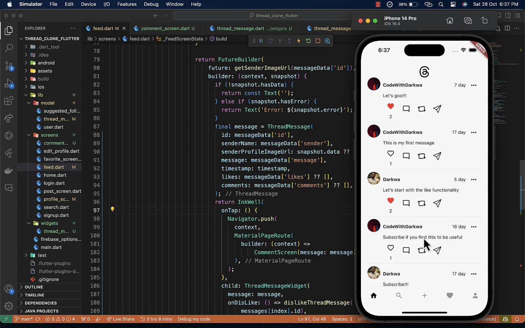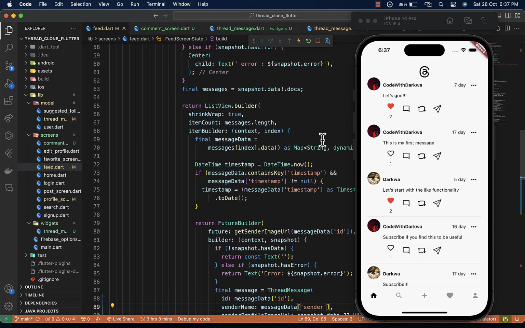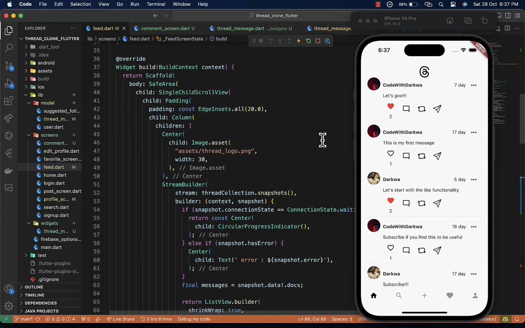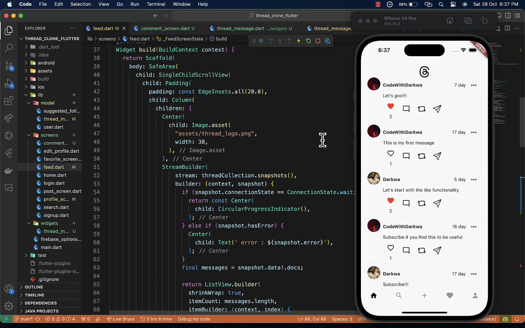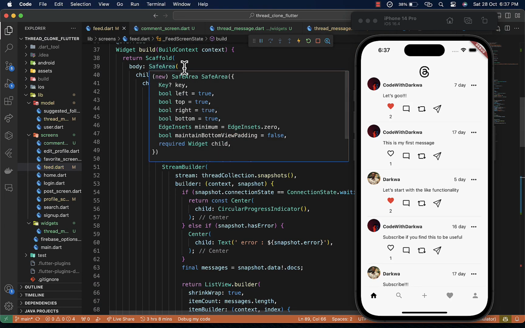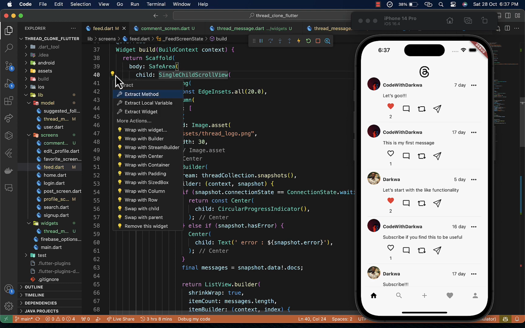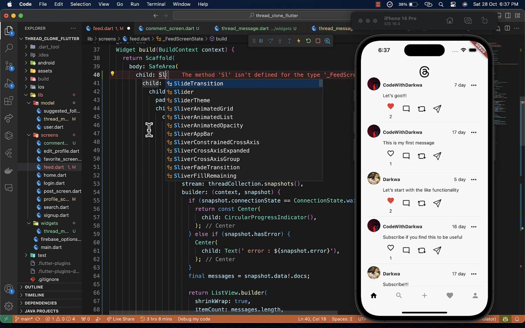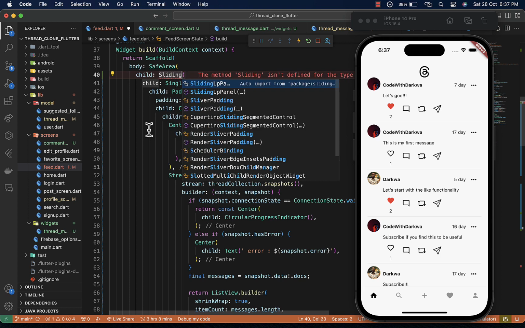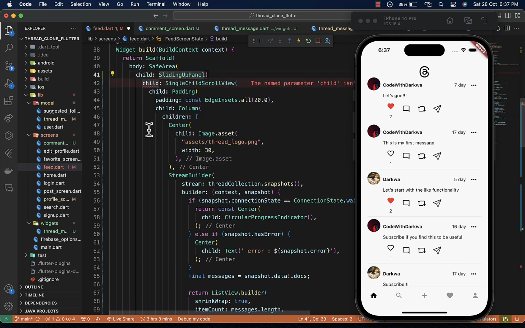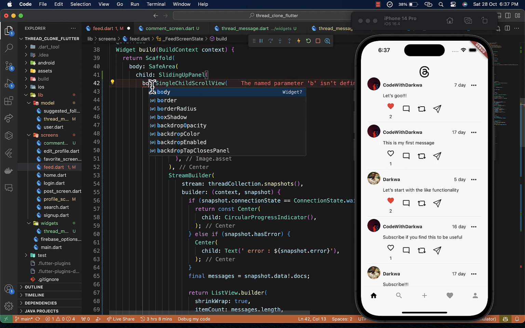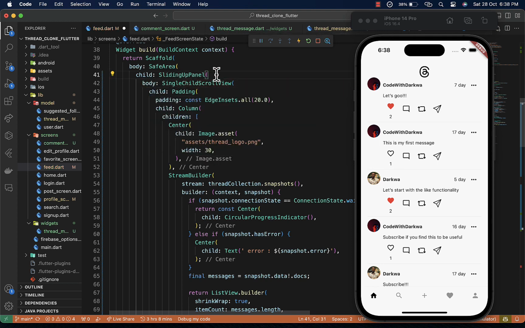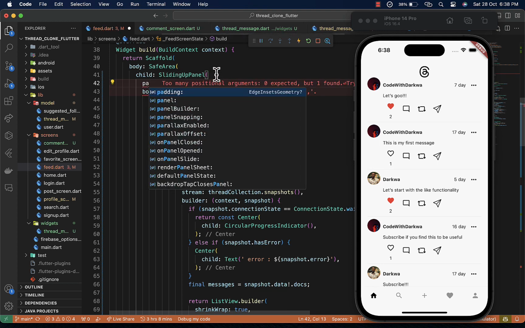So let's add functionality to the comment button. So when that is clicked, it pops up the sliding up panel. So that should be the next step. So let's wrap this single child scroll view within a widget, and let's rename this widget to the sliding up panel. So we need to change the child over here to a body, and also